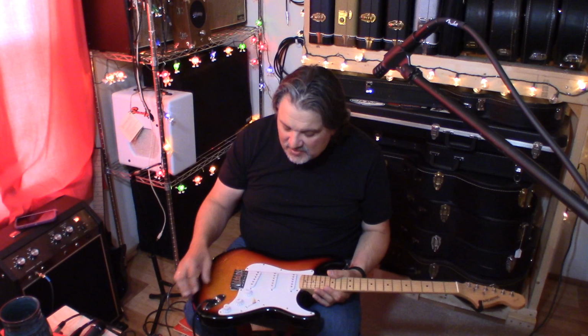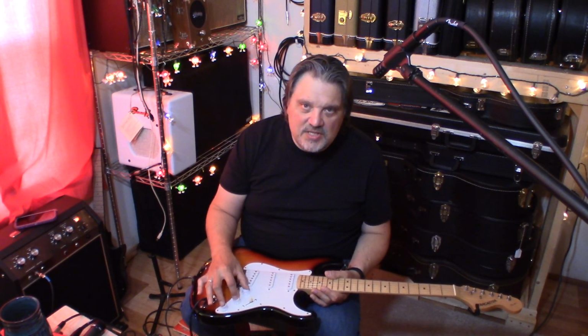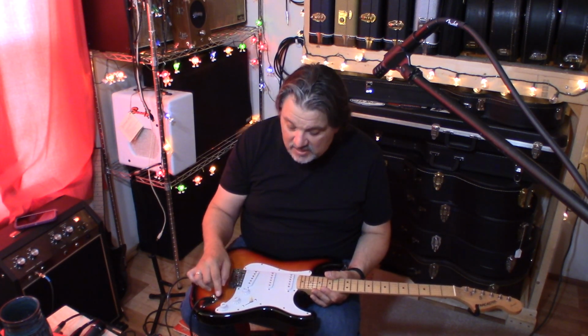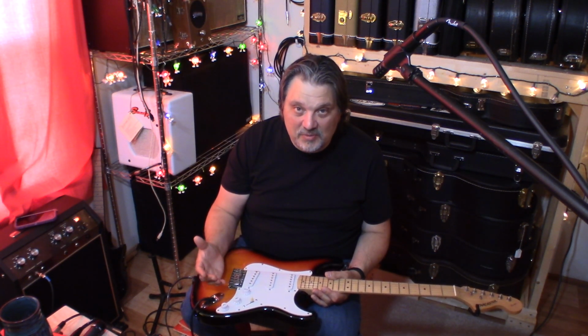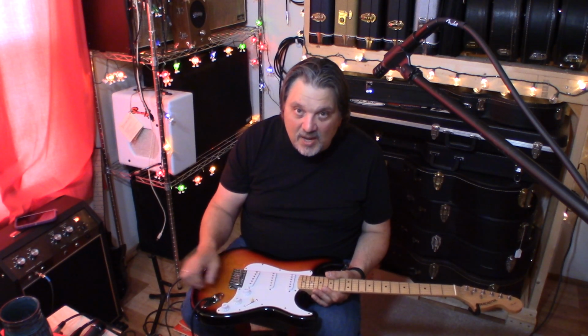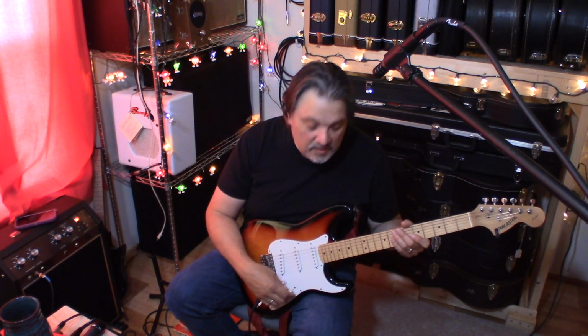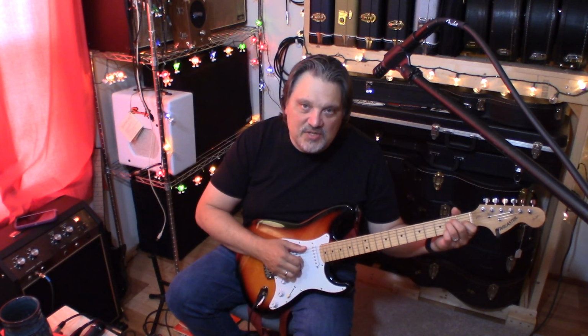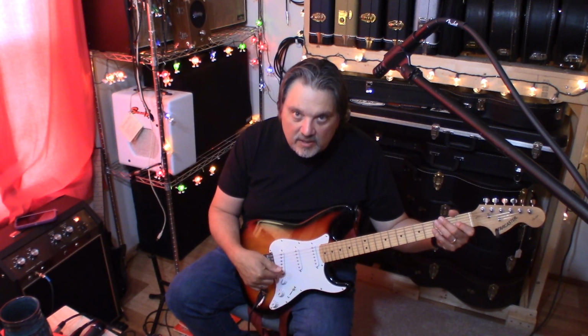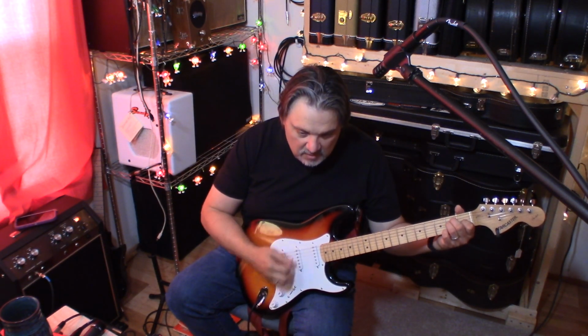The only thing I have done is I replaced the pots with CTS pots, and the only reason why I did that is because I really wanted a blend pot on my Strat. Everybody's got their own take on things. I don't feel the need for more than one tone control, to be perfectly honest. And with a blend pot, I can take the 1 position or the 5 position and I can blend in the opposite pickup. So if I'm in the 1 position,